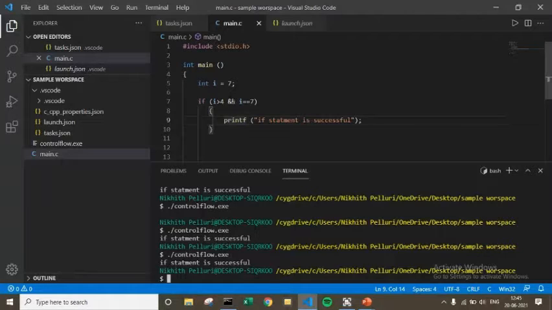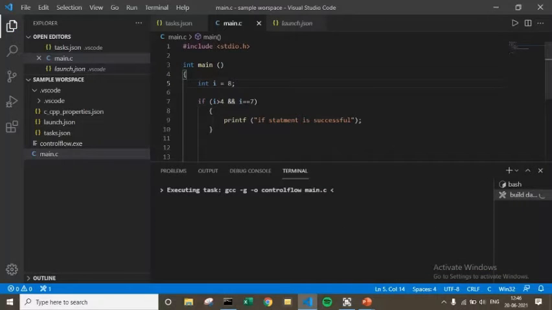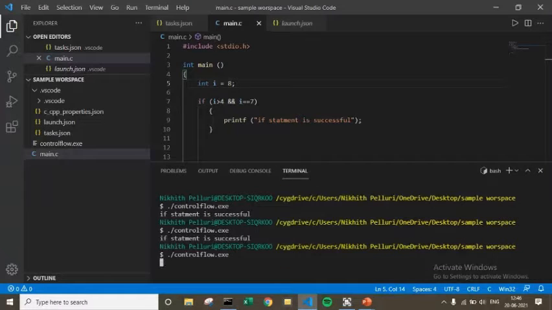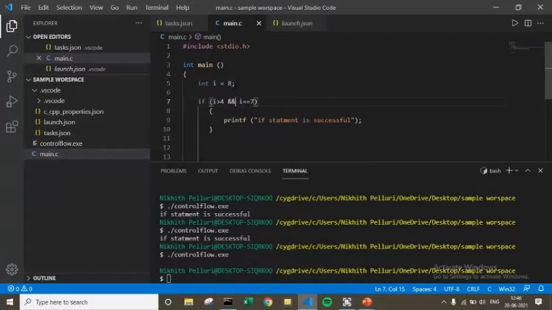So if it is 7, let it be 8, and it will not print. So we also saw that. What do you do when you want any one of the operations to be true, even if the second one is false, and you want the compiler to print that?